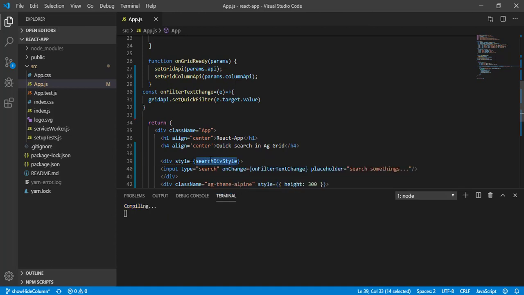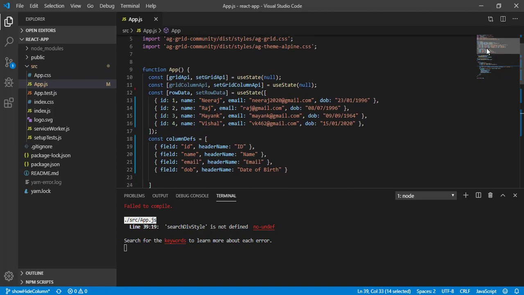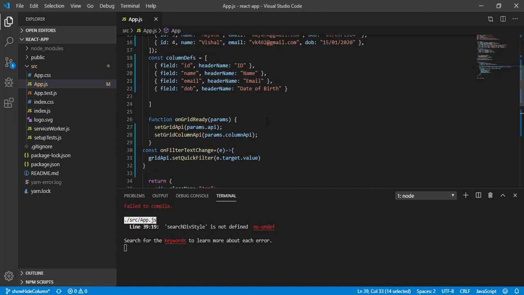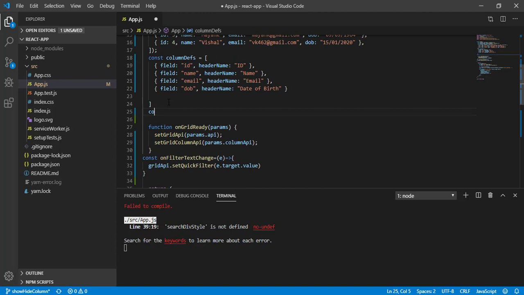This doesn't exist, so let's create this variable at the top here. So const. Here we need to define two things. Let's define first of all the background color.